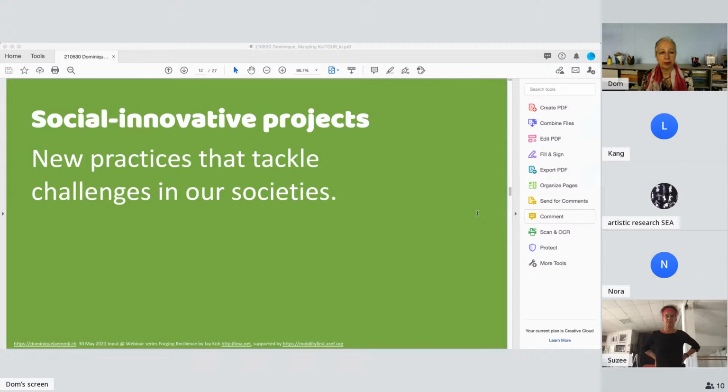By social innovative project, we mean new practices that tackle challenges in our societies. We submitted a project at the end of 2019, and in 2020, we adjusted and further developed the project details in close exchange with the Regionale 2025 secretary. We are now fundraising, while at the same time beginning the first phase of the project. The official start of the project is this autumn, and it will end in